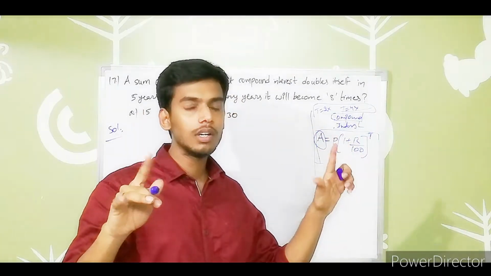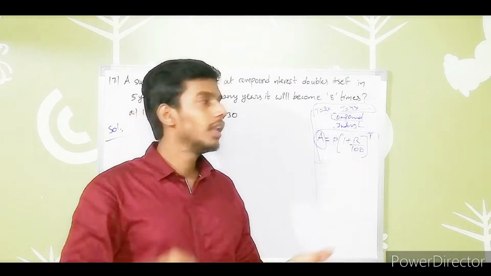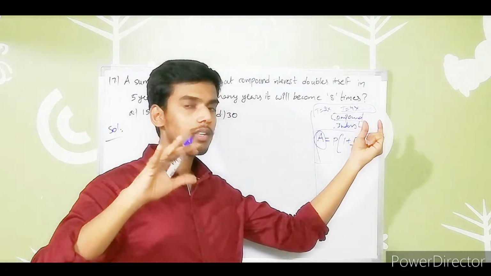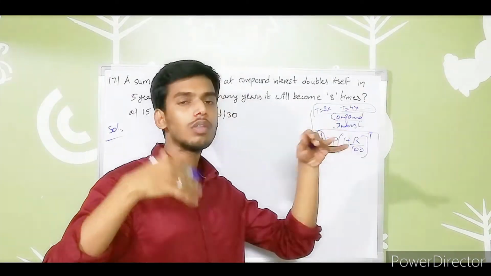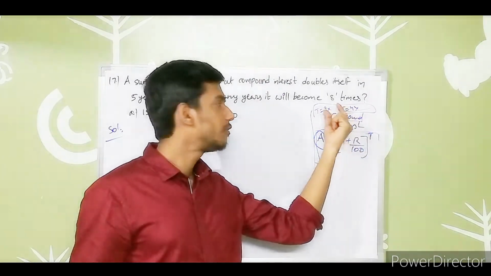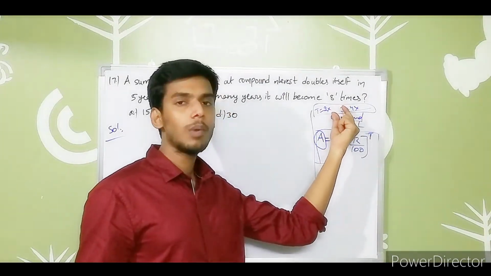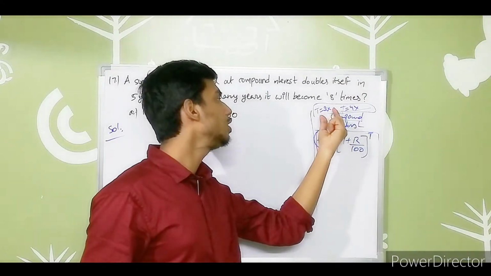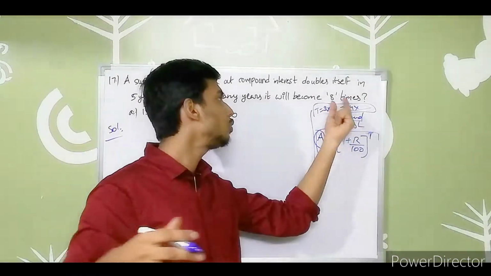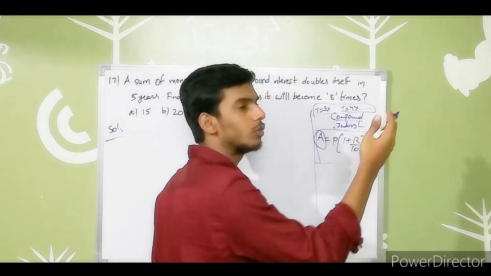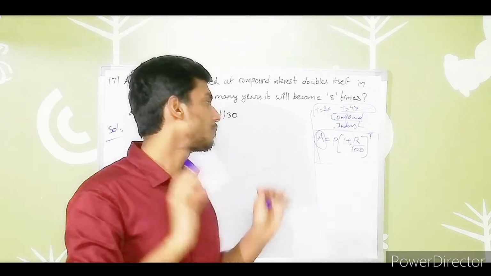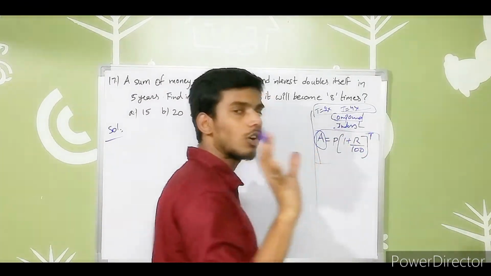Only when they mention half yearly or quarterly, we have to go for T equals to 4 into the number of years for quarterly, or 2 into the number of years for half yearly. In the previous problem, they gave half yearly, so we take T equals 2 into the total years, which they asked as 1.5 years. So 2 into 1.5 years, that means 2 into 3 by 2, the 2s cancel, and finally we have T equals 3. Right? That is the concept we have to remember.